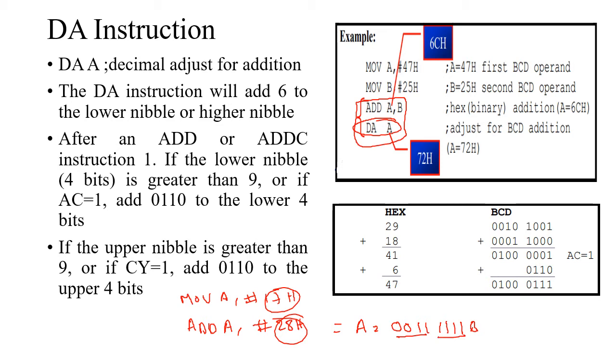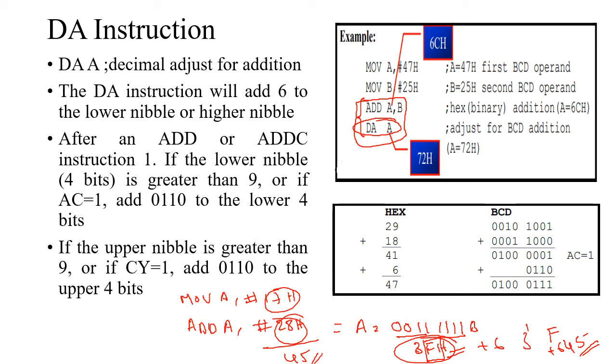0011, that is nothing but 3FH. But when we add two BCD numbers, we may get a non-BCD number. In order to avoid that, if the lower nibble goes beyond 9, then we need to add 6 to that. That is 3F plus 6. When you add F plus 6, it becomes 5, 1 carry, it becomes 45. So when you add these two numbers, the result is 45.